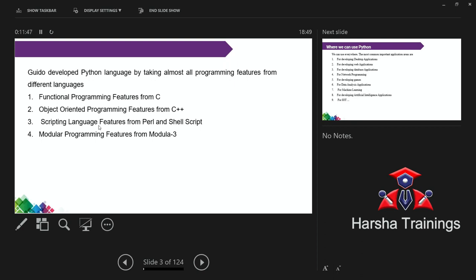For a simple example, HTML, XML. HTML is for creating a website. XML, JavaScript, these are scripting languages. So scripting language features come from those, and modular programming features from Modula 3. Actually, Modula 3 is not used nowadays.